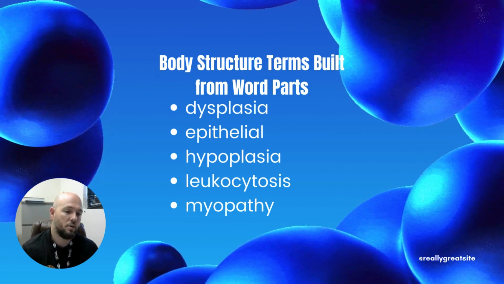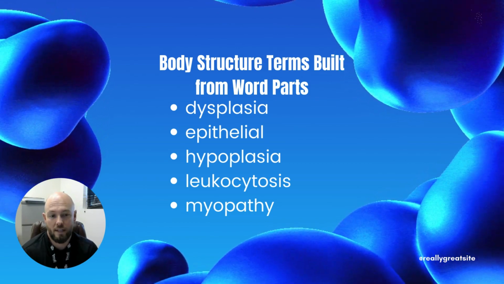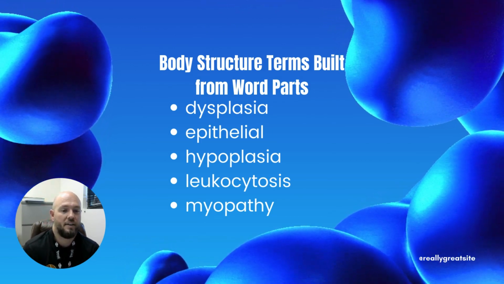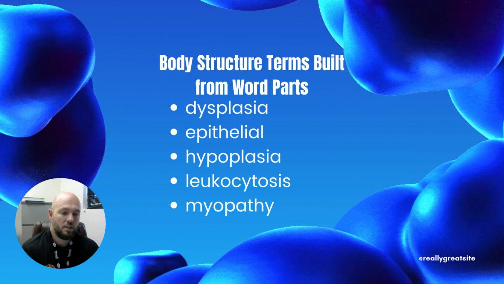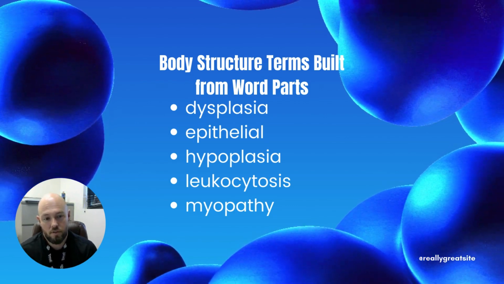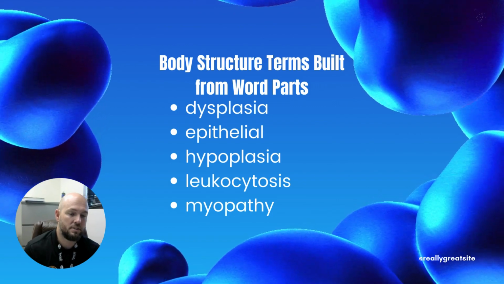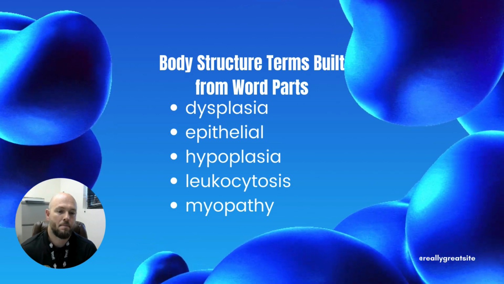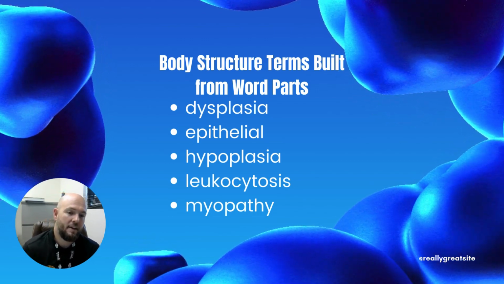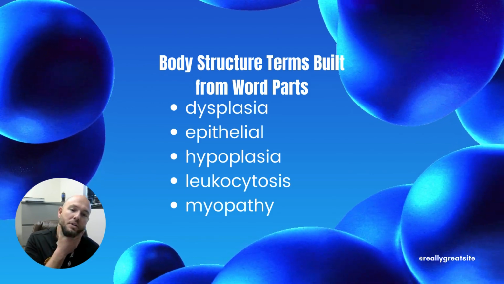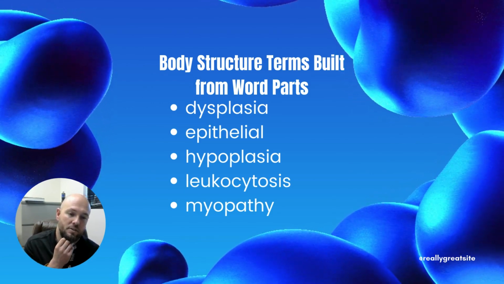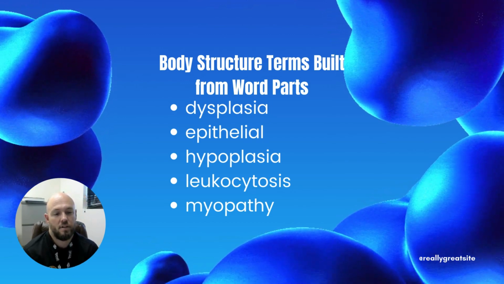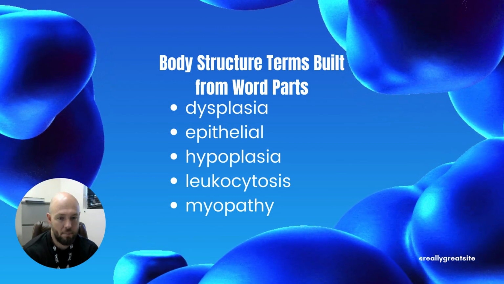Leukocytosis. Leuko is a word root combining form meaning white. Cyto, same thing, another word root combining form meaning cell. And then osis is abnormal condition. So it's actually two word roots and the suffix. Leukocytosis, abnormal condition of the white cells or the white blood cells specifically is what they're talking about. Myopathy. This is a word root, which is muscle, combining form myo, referring to the muscle. Pathy, disease of. So disease of the muscle, myopathy is how you say it.